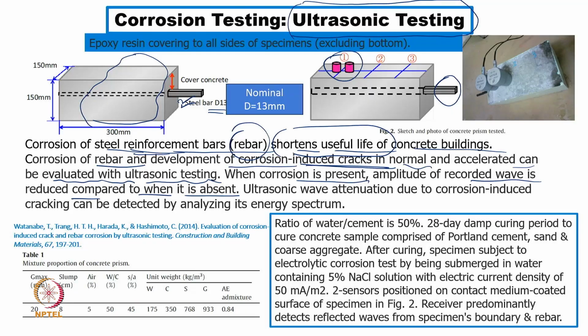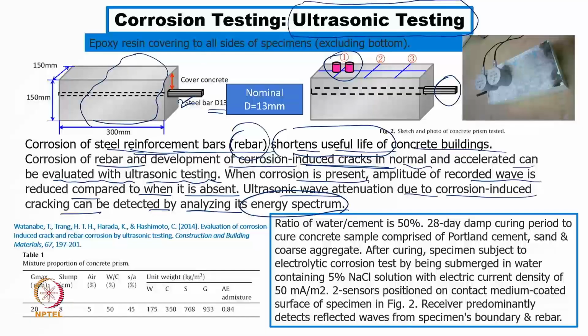So, this is a way the algorithm can be written, after understanding and really doing the testing. We say the ultrasonic wave attenuation due to corrosion-induced cracking can be detected by analyzing the energy spectrum. So, if we collect and analyze the energy spectrum, or maybe only the amplitude itself, we find there is a change. Now, this case study has been picked up from a 2014 research paper,